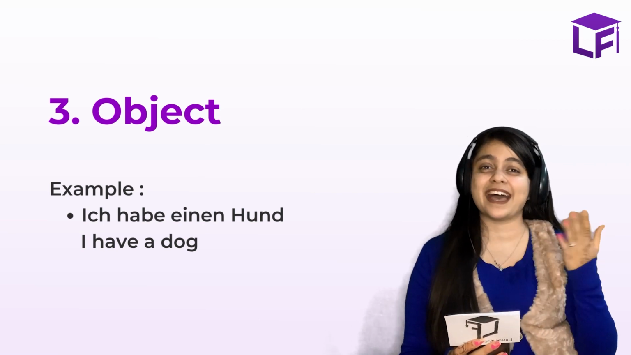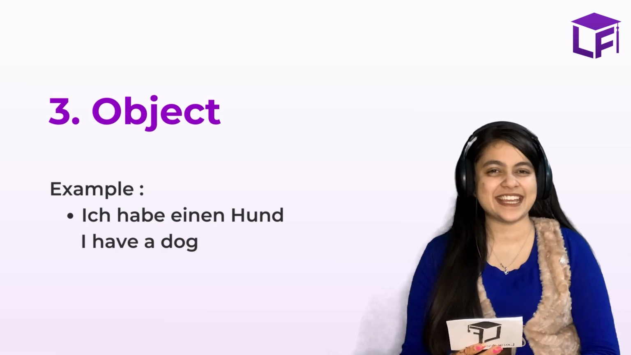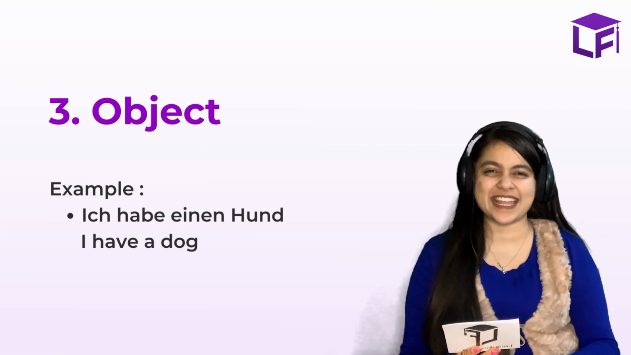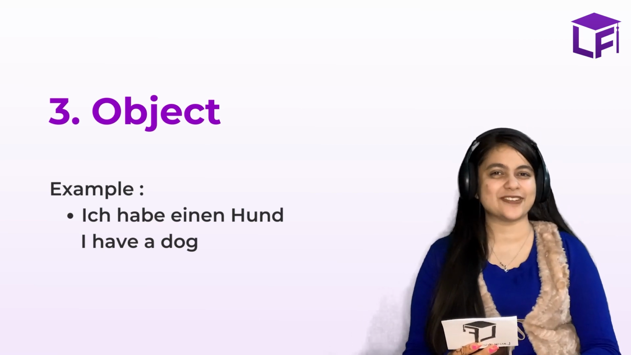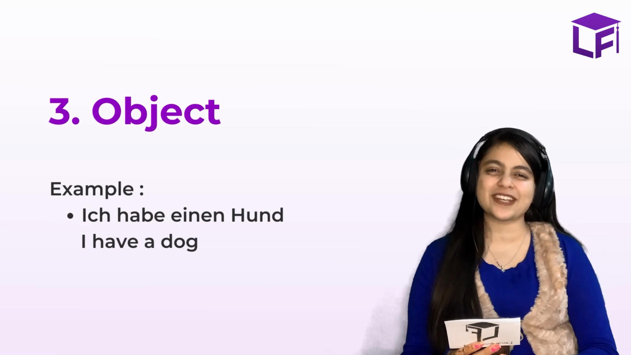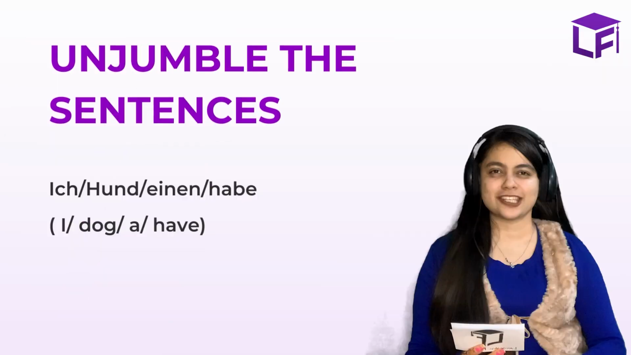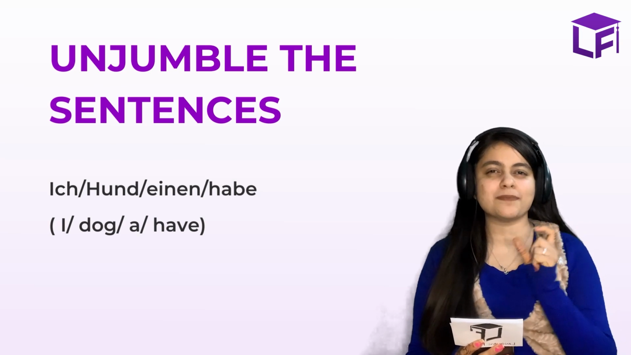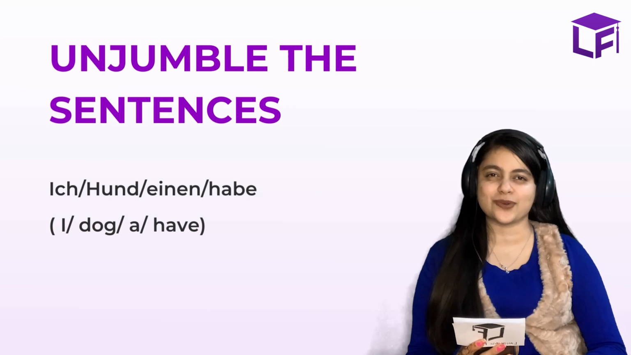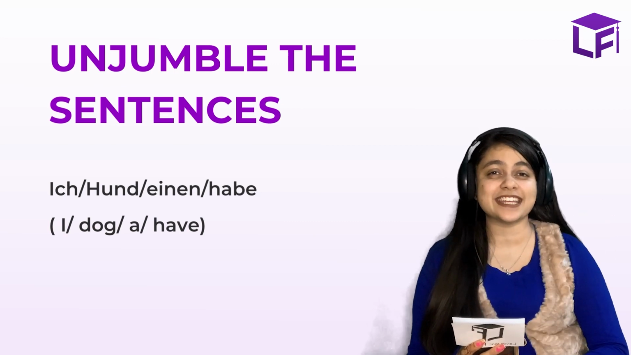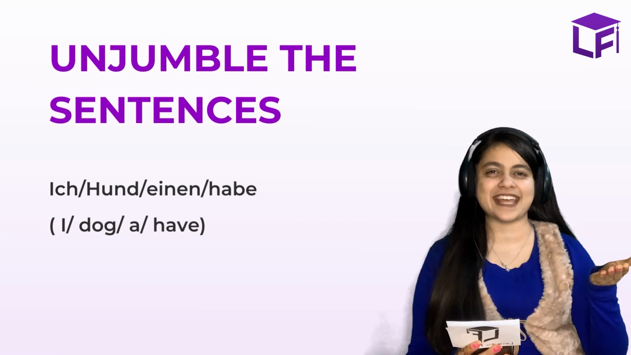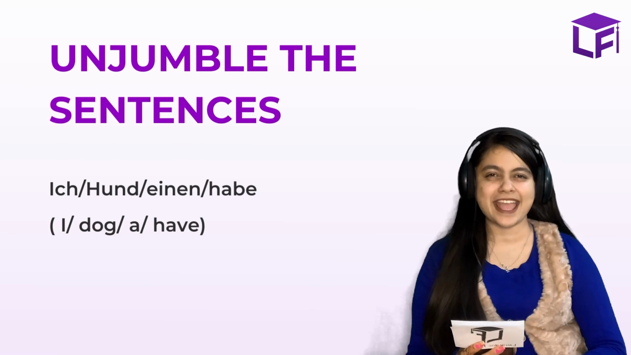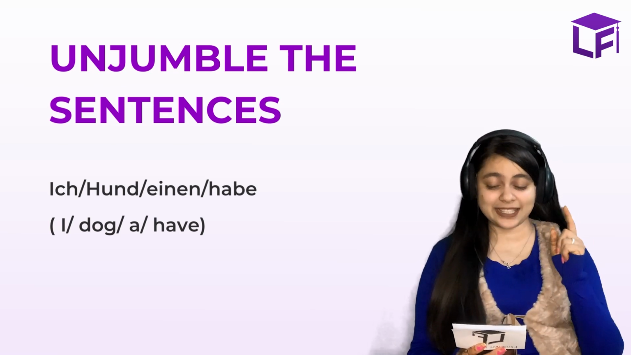Ich habe einen Hund. So in that sentence, your Hund becomes the object of the sentence. Ich habe einen Hund. I have a dog. So your dog becomes the object of the sentence. Understood? So, for this round 1, I'm going to give you a set of jumbled sentences. And what you have to do is, within the time limit of 10 seconds, you have to form sentences. Keep all that we've done in mind. I know you got this. Let us begin. The first sentence for you is